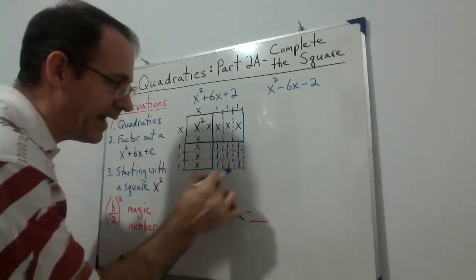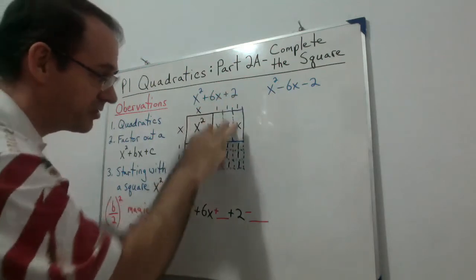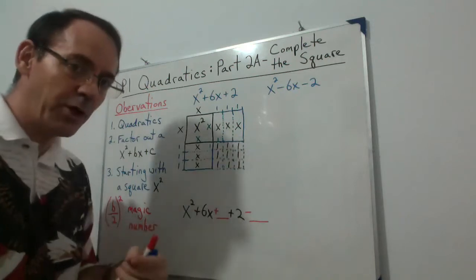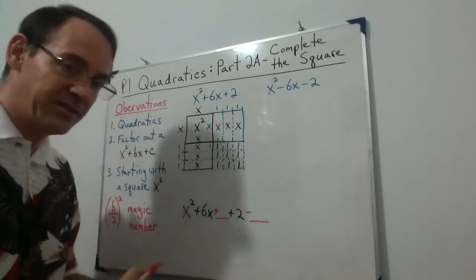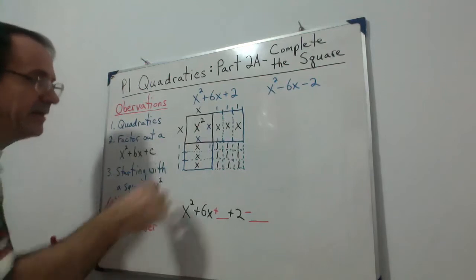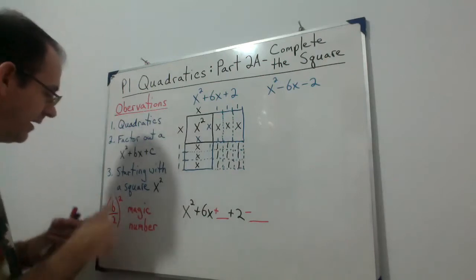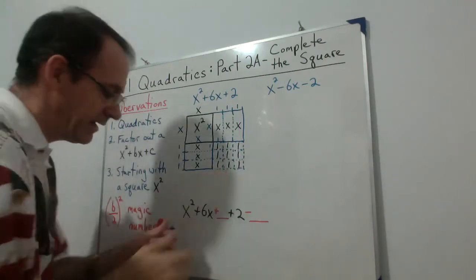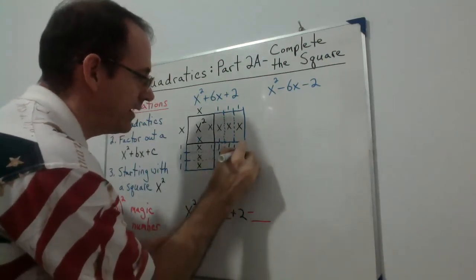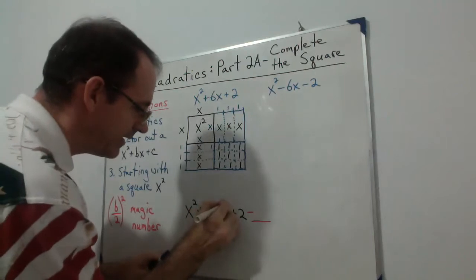Now to come up with this magic number that we need to complete the square, we see that these 3 multiply these 3 give us 9. And when you multiply the same number by itself, it's the same thing as squaring it. So we started with 6. We had to divide it by 2 so that we're adding the same amount in both directions equally. And then we square that value and it gives us this missing area that we need. And so we now have the magic number that we need, and that is we need to add 9